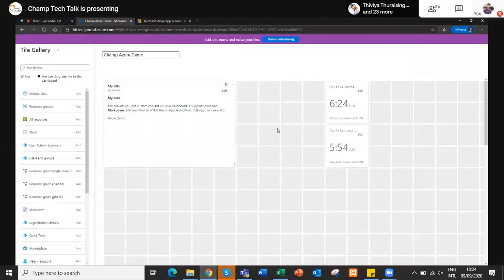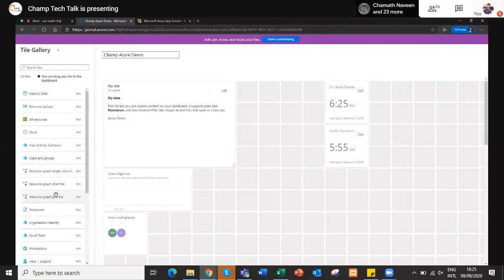When you are managing your portal, you may create two more users and want to track their login and logout events, those kinds of things as well. So simply search for user activity summary, click, drag and drop here. It will show you all the user sign-ins. We have something called users and groups. If you add it here, in my work group I have someone called John Doe. You can see the JD and my name HW there. So we have this particular dashboard.